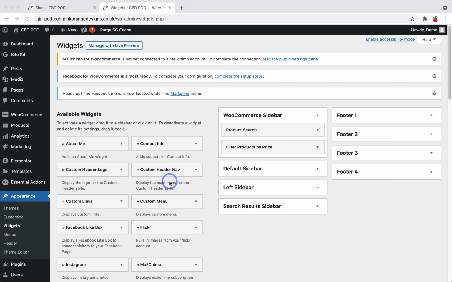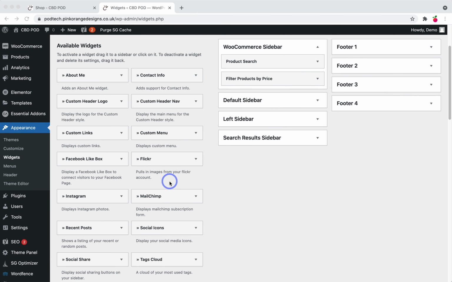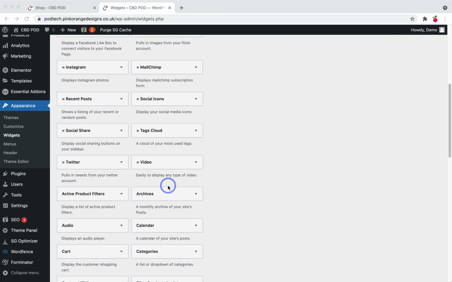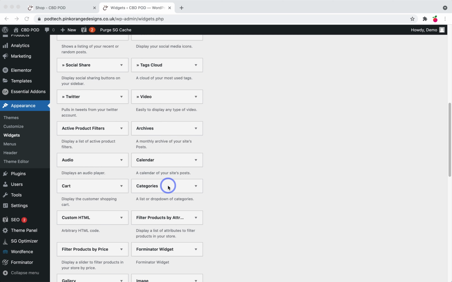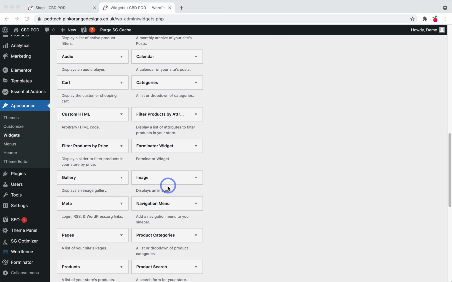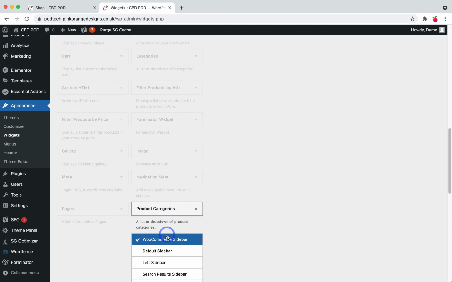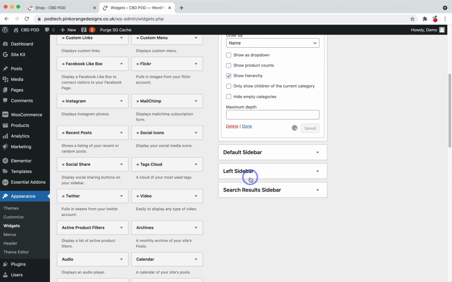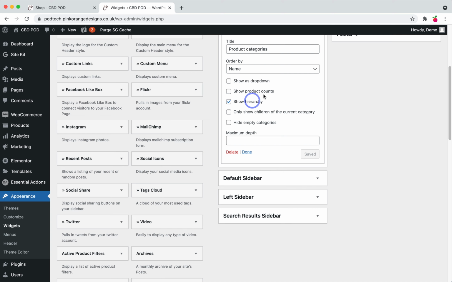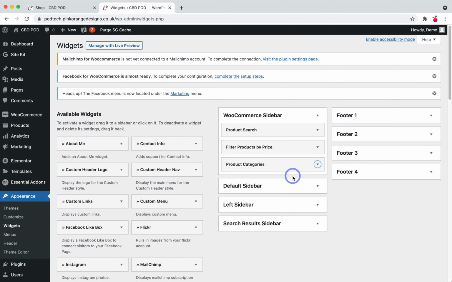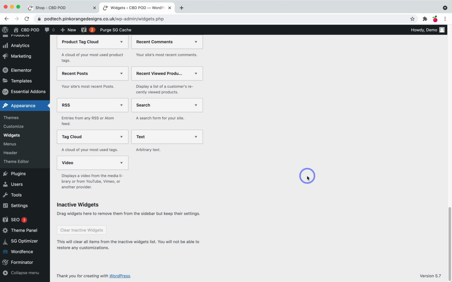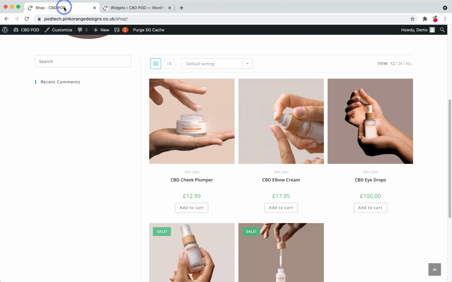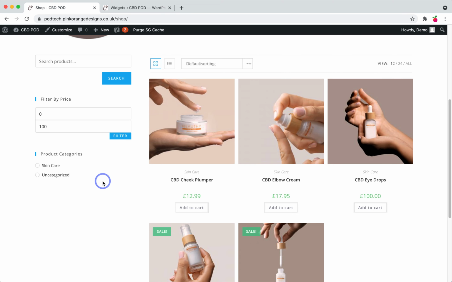Finally, we want to add product categories. Find product categories, add widget. And again, we don't need any changes, so we just hit Done. And that should automatically save it. So now if we head back over to your shop and click refresh, you can see we've got all the